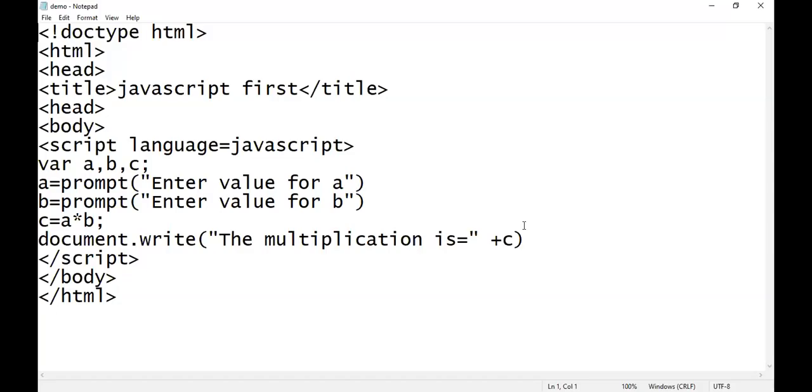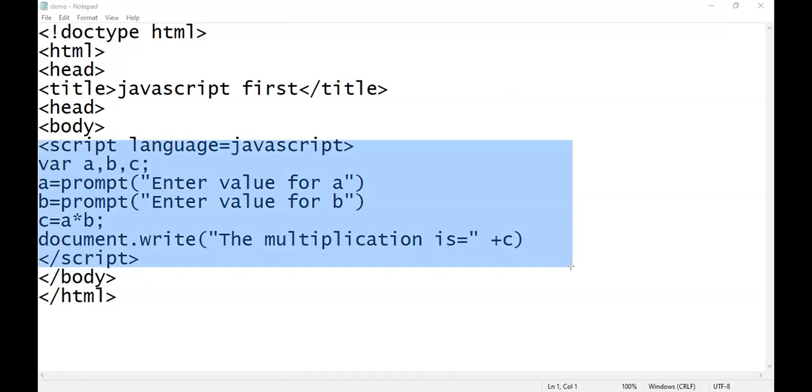In the notepad screen, I have demonstrated how we can write a program in JavaScript. It is always written inside the script and slash script tags. In the last session I already told you that when you write a program in JavaScript, the program must be enclosed inside script and slash script.